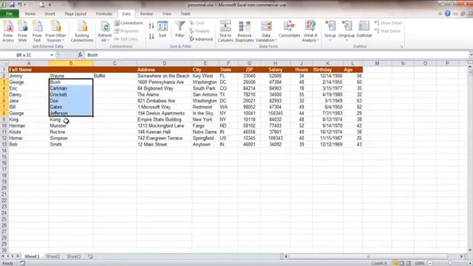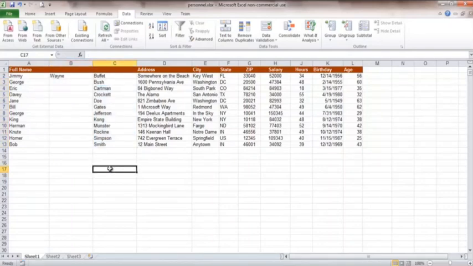But this is simply a nice, easy way of automatically converting multiple names or integers or anything like that, and separating it out so that it can be organized more